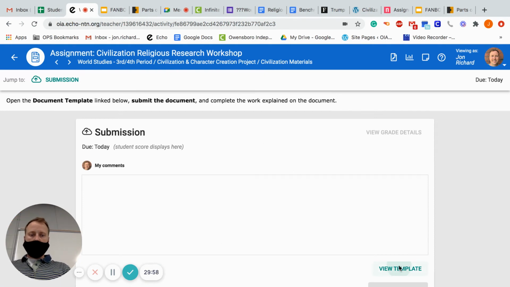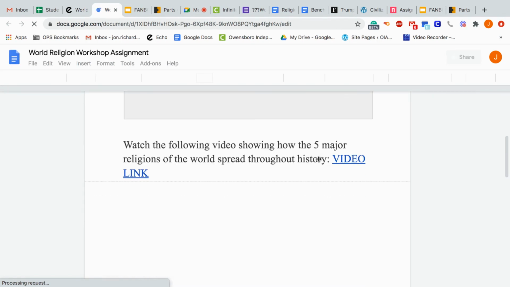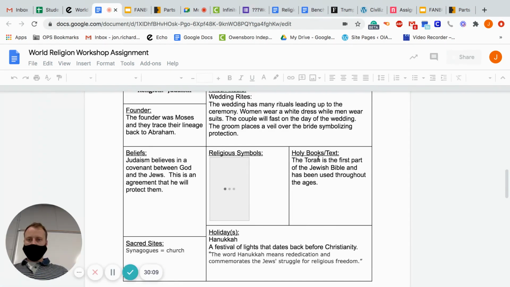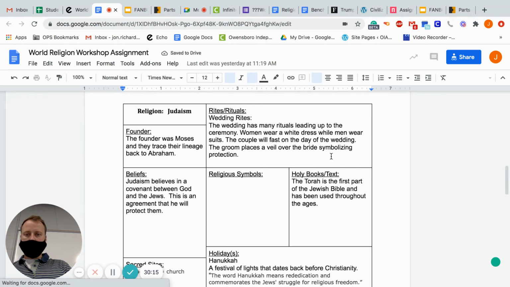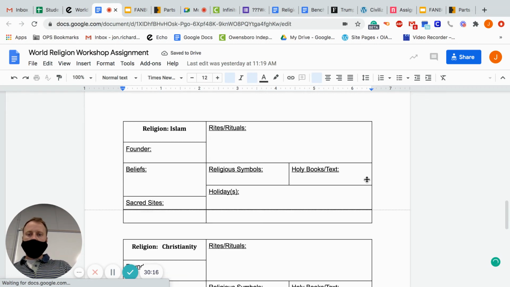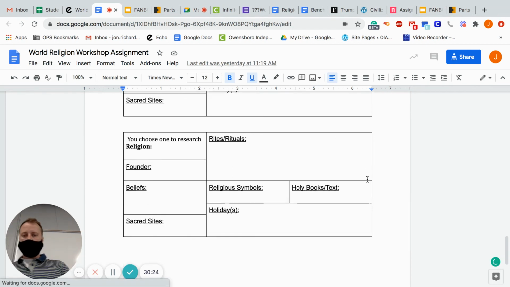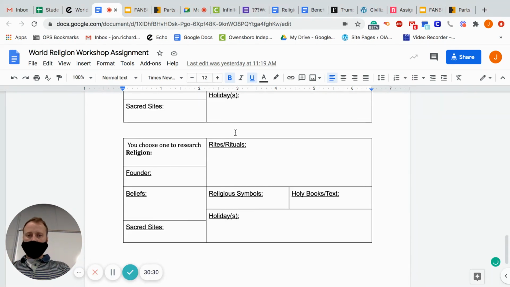We did the first one together, which was the Jewish faith, and you're using that BBC website. So just go down to the bottom, let it load. This website right here, bbc.com, and you're just going in and kind of getting the basics. And so that you don't feel rushed, I need you to do Islam and Christianity, and if you choose your own, I'll make that kind of an extra credit. So if you've already done it, I'll give you some extra credit for that, but you don't have to do it